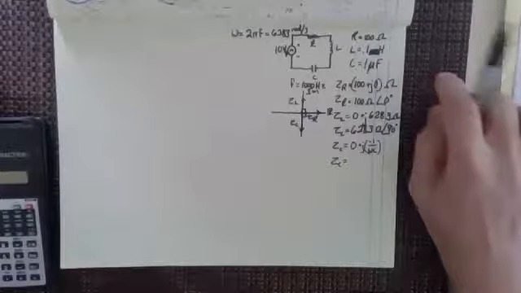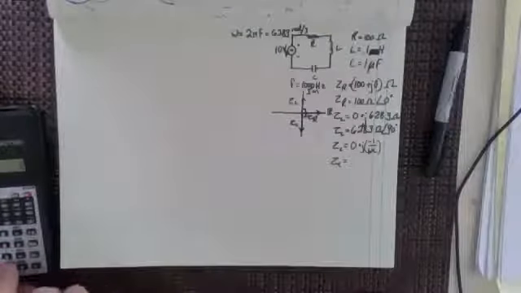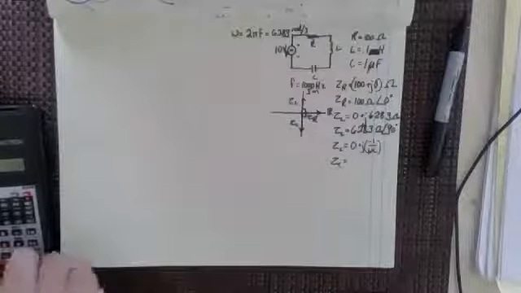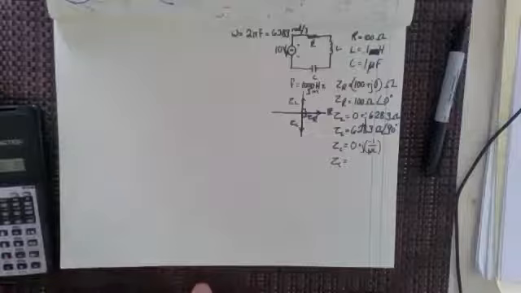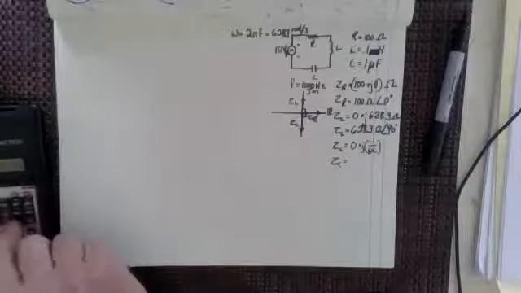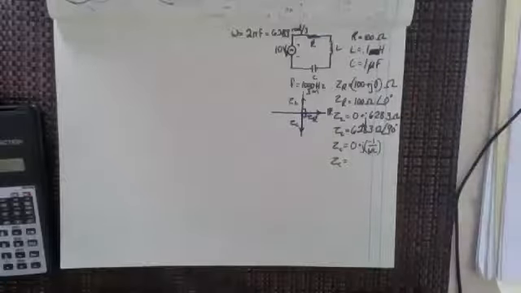Wouldn't that make that 6.283 times 10 to the negative 3? That's right. So if I have 6.283 times 10 to the negative 3, and I take the reciprocal of that because that was 1 over omega, that gives me